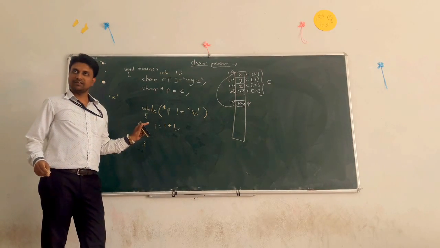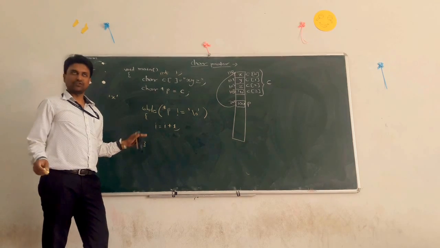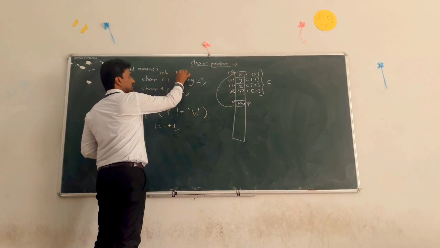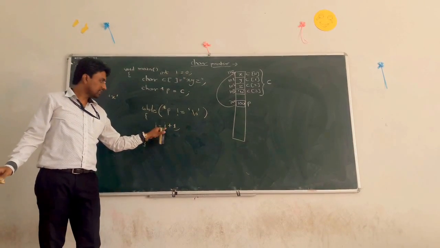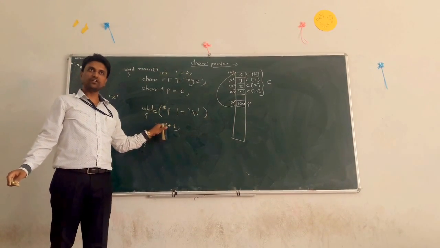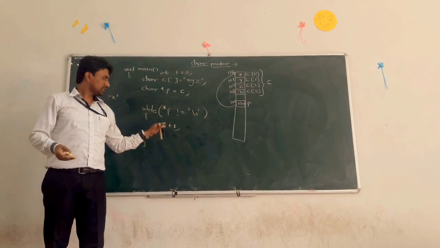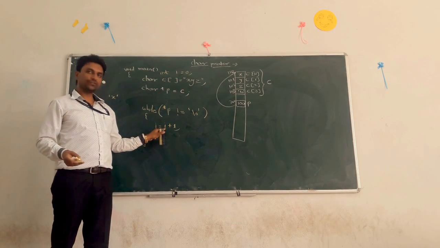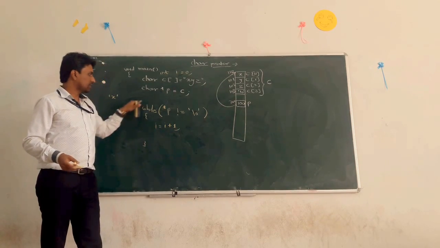Okay? Is it correct? No. What? We must initialize it, not only declare it. Initialize to 0. Otherwise, i contains a garbage value, plus 1 gives you another garbage value. Okay? For that purpose, initialize to 0. 0 plus 1 is 1, assigned to i. The loop continues.